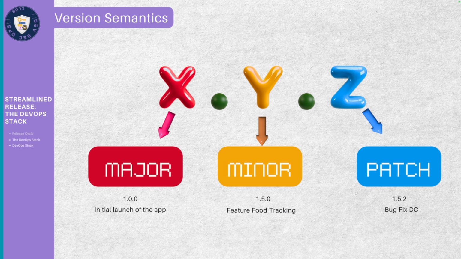So this is a feature. My application is still there. I'm adding a feature on top of that. So the feature, right? When we talk about this Y field here, it means we are talking about a feature added into the existing application or existing version, right? We are adding